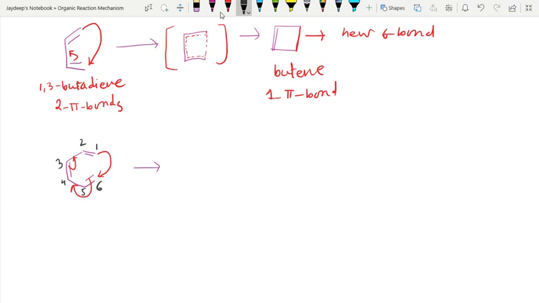Here it is 1, at the 3 position a double bond starts, and here it is the 5 position. So the name of this ring is 1,3,5, and total number of carbons is 6, so it is hexa, and the 3 double bonds make it triene. So it is 1,3,5-hexatriene, and the intermediate form is